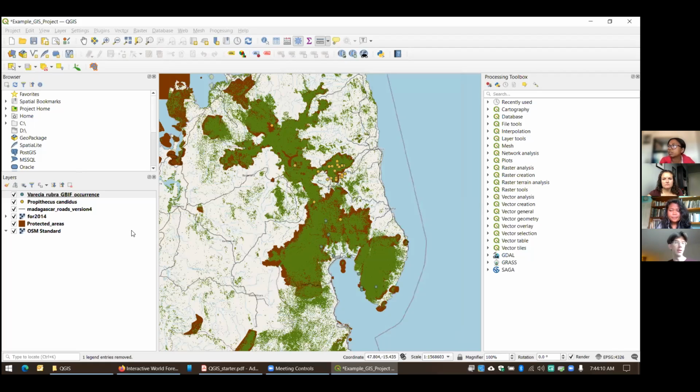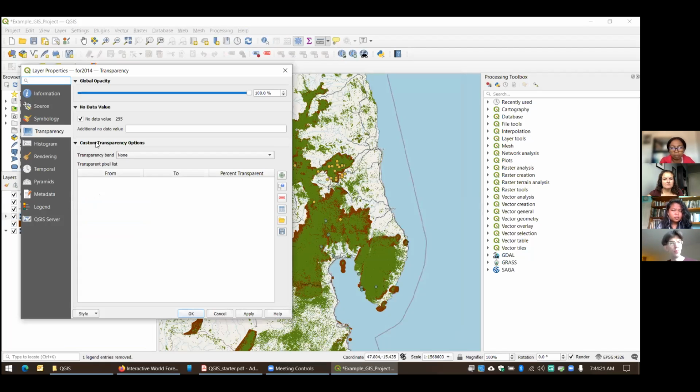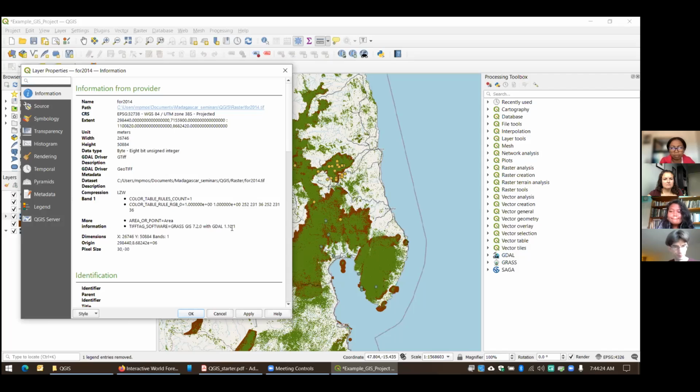When you're calculating distances or areas, and somebody asked about this, and that's why I'm going in that direction, you'll want to use a different projection system, specifically probably a UTM projection system. And this is actually the projection system that one can use for Madagascar, WGS 84, UTM zone 38S. And this is in a projected coordinate system. It's no longer in a geographic one.